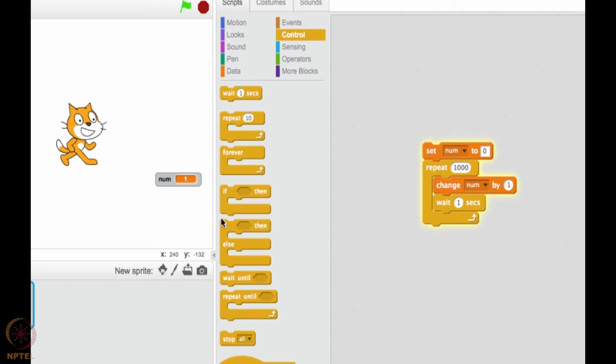Double click, and here it starts. 1, 2, 3, 4, 5, 6, 7, and so on. You see this? It's now incrementing. It will go on like that till 1000. I don't have so much time, so let me just stop this, come back. Instead of 1000, let me make this just 20 and then see what happens. So double click on this once again. 1, 2, 3. You see, this will go on till 20. 4, 5, 6, 7, 8, 9, 10.